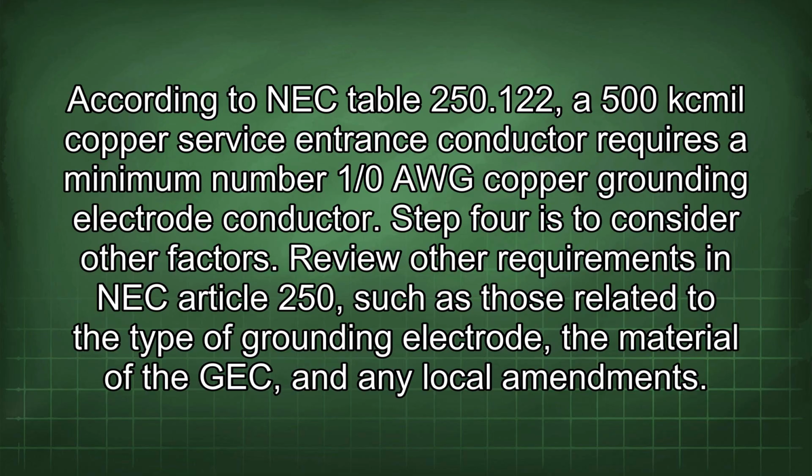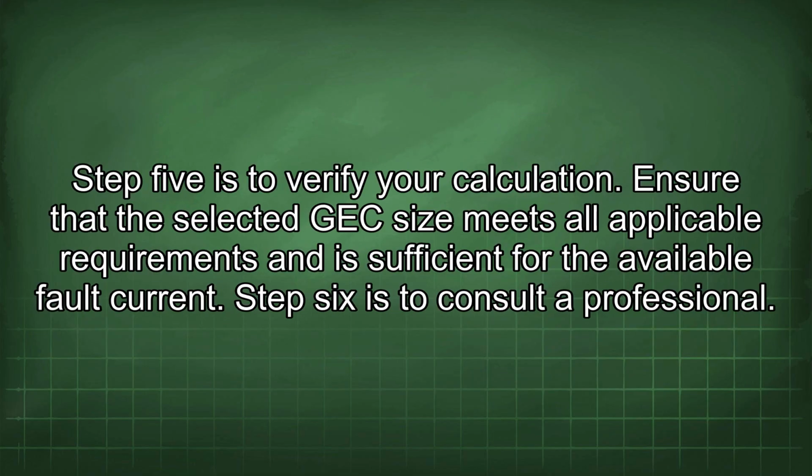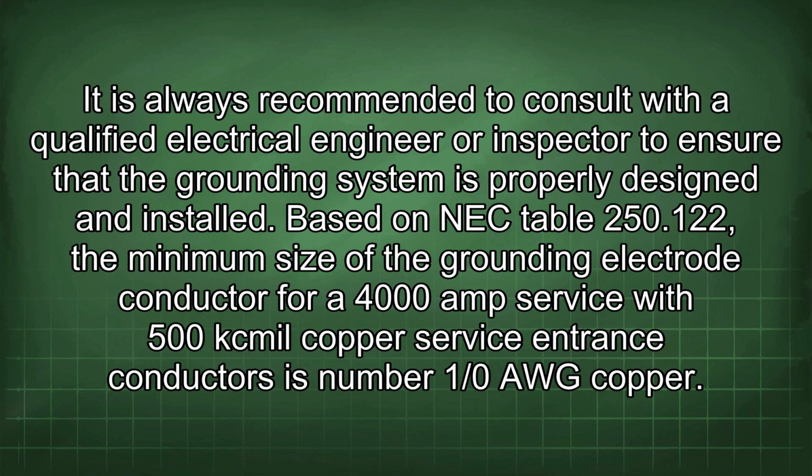Step 4 is to consider other factors. Review other requirements in NEC Article 250, such as those related to the type of grounding electrode, the material of the GEC, and any local amendments. Step 5 is to verify your calculation. Ensure that the selected GEC size meets all applicable requirements and is sufficient for the available fault current. Step 6 is to consult a professional. It is always recommended to consult with a qualified electrical engineer or inspector to ensure that the grounding system is